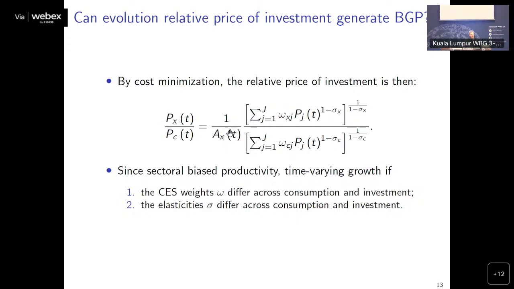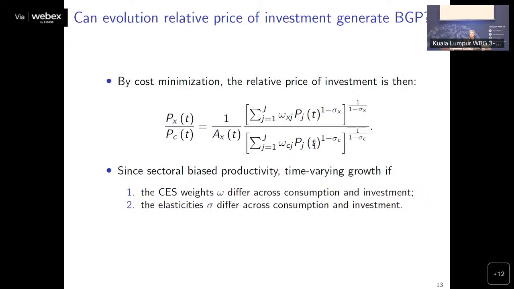Now, this grows at a constant rate, investment-specific technical change. But what's happening is coming out of the structural transformation in the investment sector and the structural transformation in the consumption sector, which are different. They have different weights in them. They have different potential, different elasticities of substitution. So it would take a miracle for that to remain constant. And it doesn't in general remain constant because we have this biased productivity.